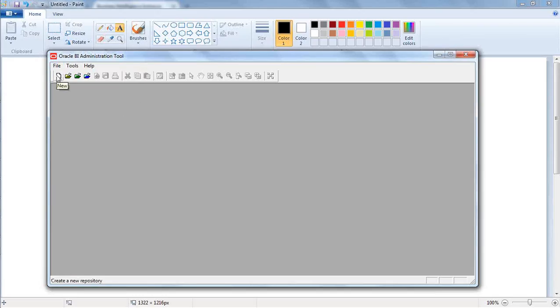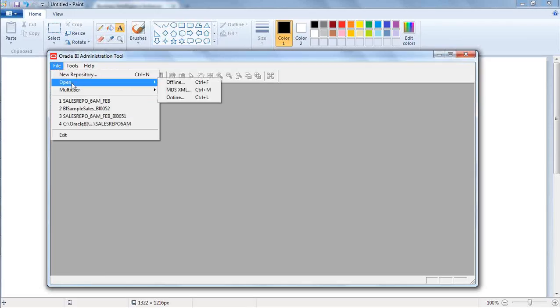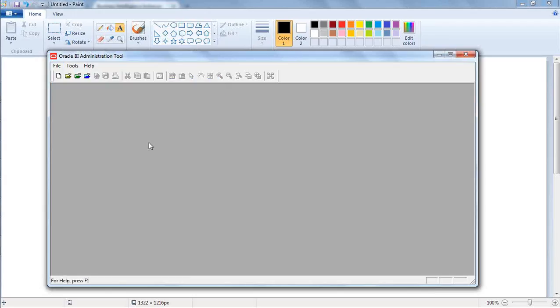There is also something called open, which is like, you can open a repository which is already existing. Obviously open has a couple of options for you, which we will discuss later. Here also the same thing: open offline, open MDS, and open online. So remember these two for now. First, you can create a new one and you can open the existing one. Okay, so if I click on new,